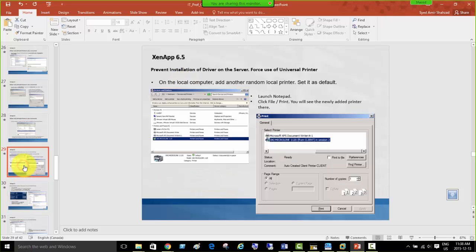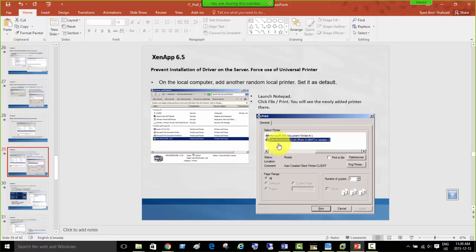So what we're doing is, first let's install another new printer. Since it's on the client side, I'm going to go to the client side and install another printer, and then we're going to put a policy that is going to forcefully remove or not load that newly added printer, and instead the universal printer will be added instead of that printer. But when the client sends the print through the universal printer driver, it will still reach that newly added printer of the client. It's just that you're